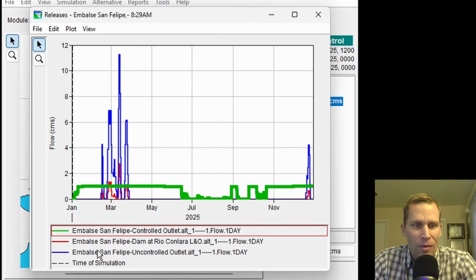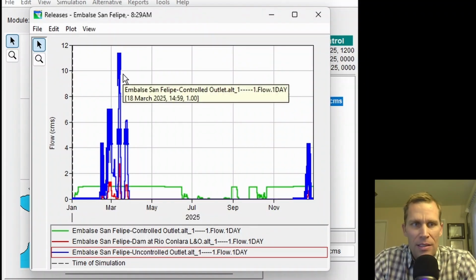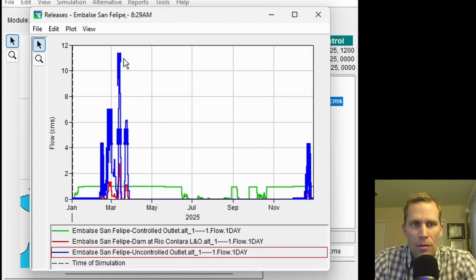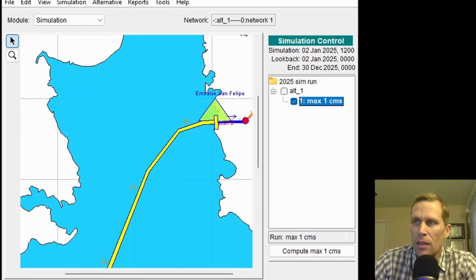And then the blue line right here, this is the release through the uncontrolled outlet, which is no longer 0. It looks like it gets as high as about 11 or so CMS around February, early March, as well as towards the end of the year, the second time. Now, one reason why this could be confusing, and tying into the title of the video,